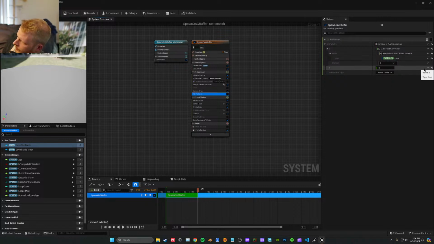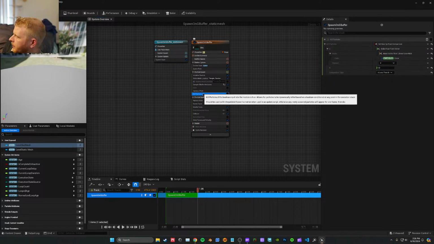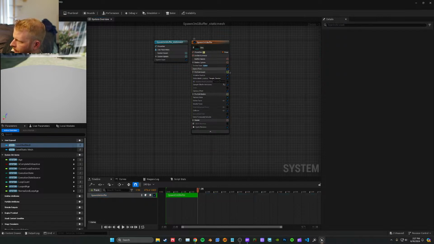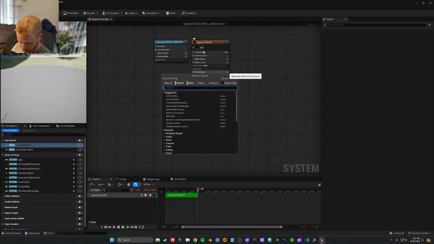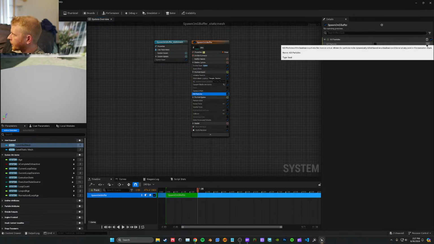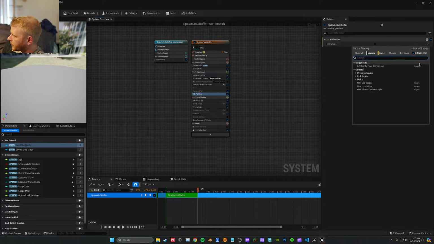I think this is about killing particles if they're white or something. We don't need that. But I do think, actually, I'm gonna kill the particles by position, but we'll add that back in. Particles in volume. Balls, and then we say